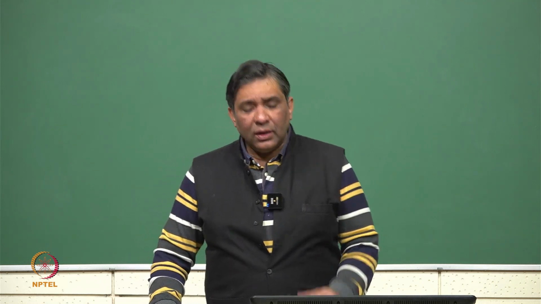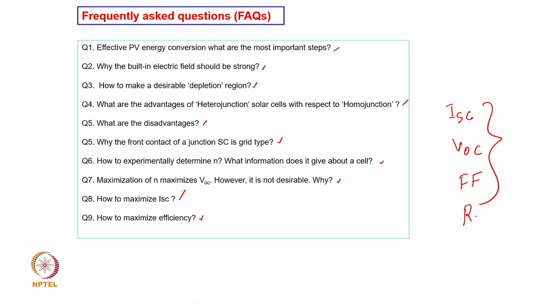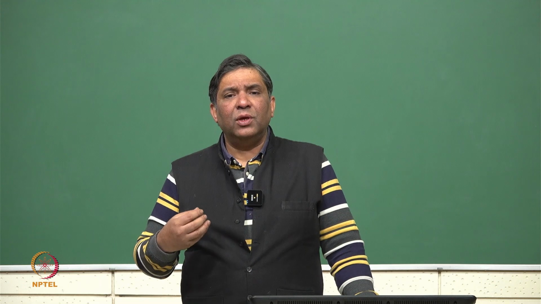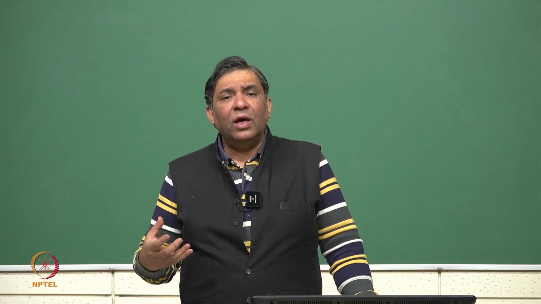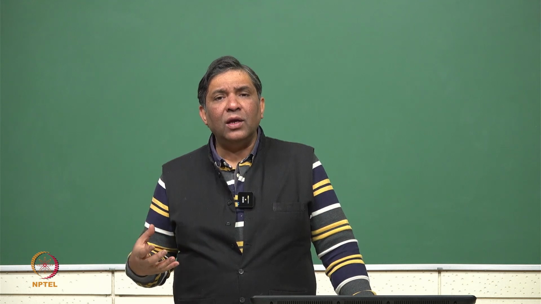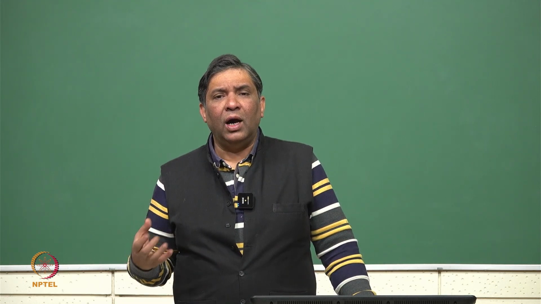And then of course, you have these two important things, RS and RSH. These are circuit parameters we have already discussed. RS is the series resistance and RSH is the shunt resistance. So, in the ideal case you should have zero series resistance and infinite shunt resistance, in order to optimize the fill factor and hence the efficiency of a solar cell. So, we have to look at all these questions when we try to understand and make a solar cell with better performance and the design of a particular solar cell with higher efficiency.